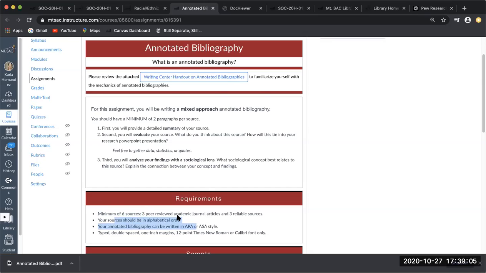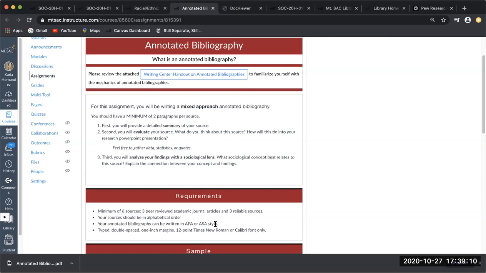Your sources are going to be in alphabetical order. You'll see what I mean by this in a minute. Your annotated bibliography can be written in APA or ASA style. Once again, completely up to you. You can also do MLA, Chicago, whatever you are comfortable with. The key here is be consistent.